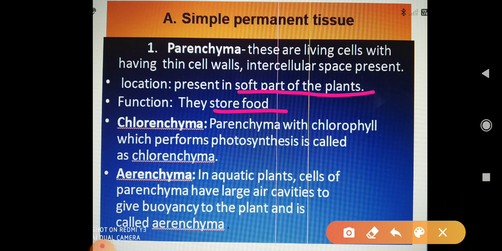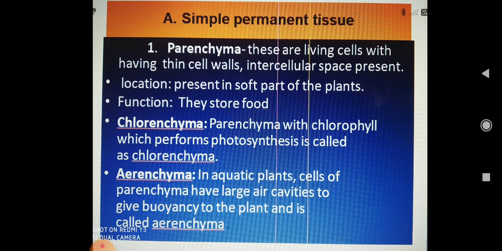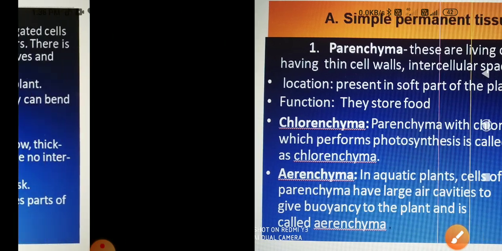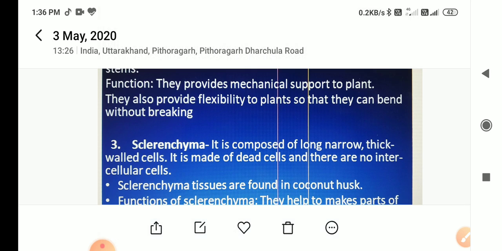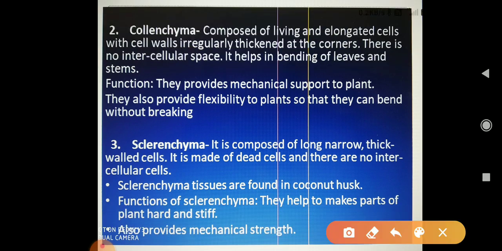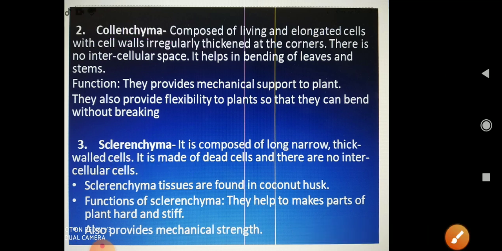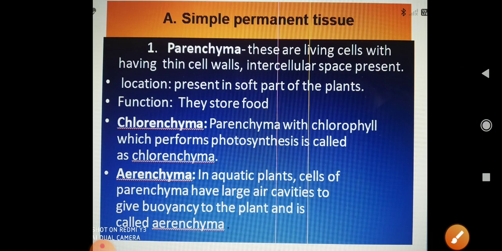First I told you parenchyma, and second I told you collenchyma. Now see, this is the collenchyma and this is the sclerenchyma. You can see two are there, collenchyma and sclerenchyma. In the previous slide you saw the parenchyma, then second is collenchyma, and third is sclerenchyma. But before it, now see, in the parenchyma there are two special types of parenchyma